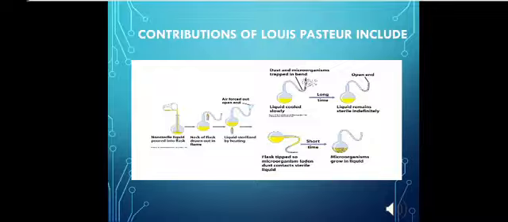Contributions of Louis Pasteur include: non-sterile liquid poured into flask, then neck of flask drawn out in flame, then liquid sterilized by heating, air forced out open end. Then, for a long time, liquid cooled slowly, dust and microorganisms trapped in bend, and liquid remains sterile indefinitely. Then, for a short time, flask tipped so microorganism-laden dust contacts sterile liquid, and microorganisms grow in liquid.